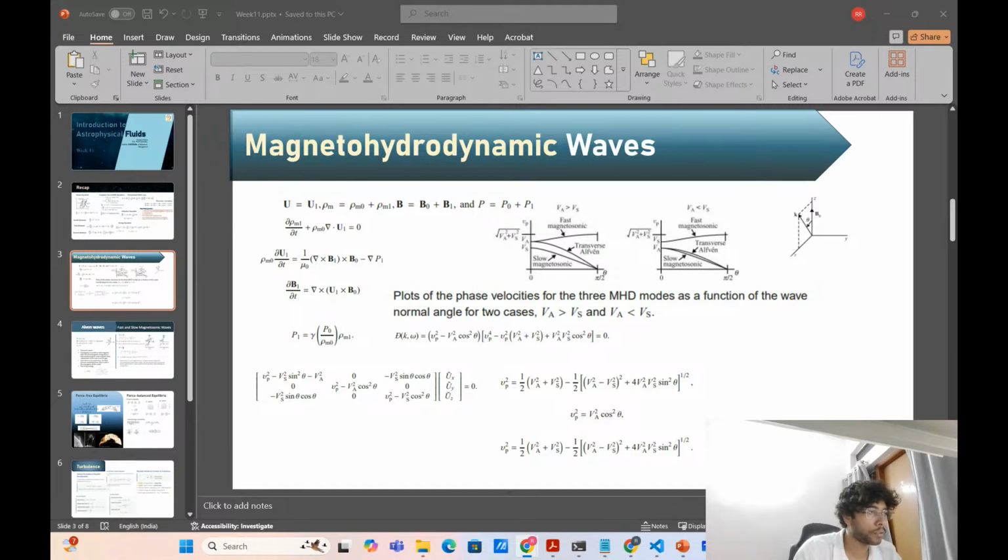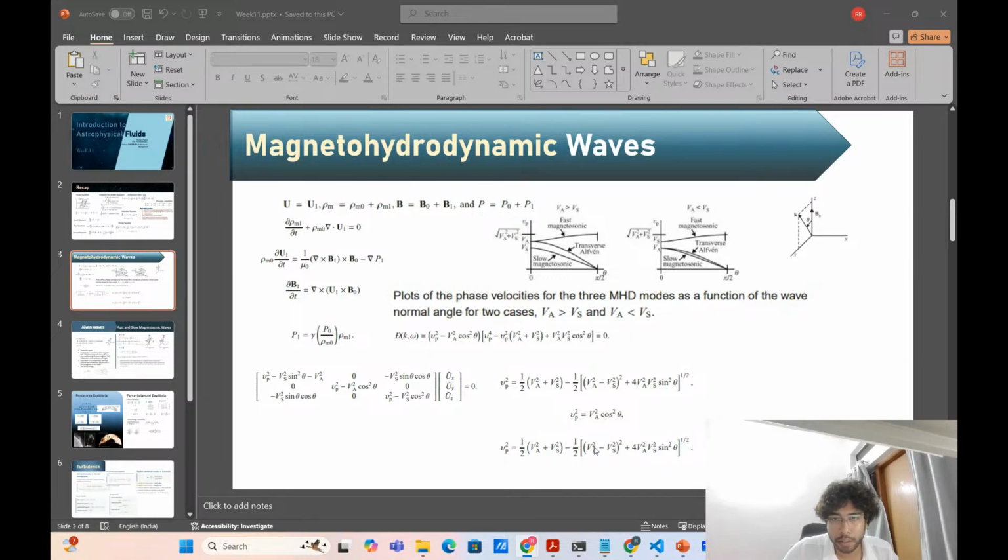Okay, yeah, so actually it should be plus. So one solution would be minus and another solution will be plus. In this case, this will be the slow magnetosonic wave solution, and this being plus, this will be the fast magnetosonic wave solution, because if this term vanishes at theta equals 0,